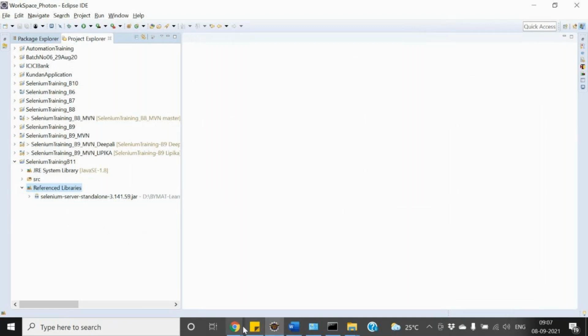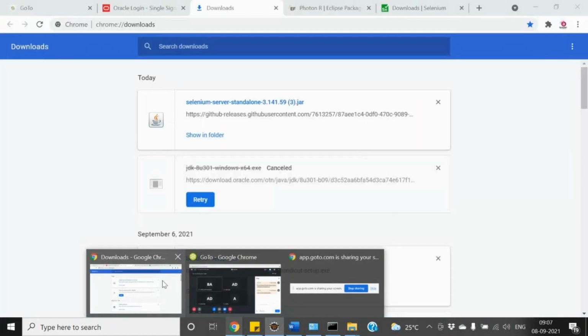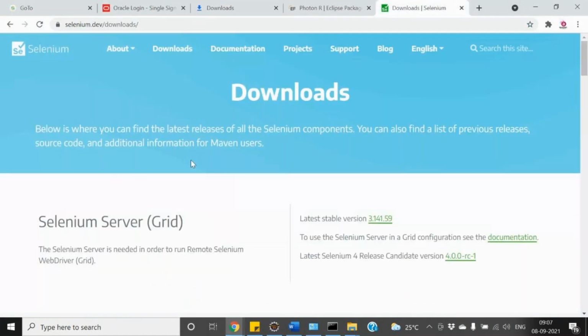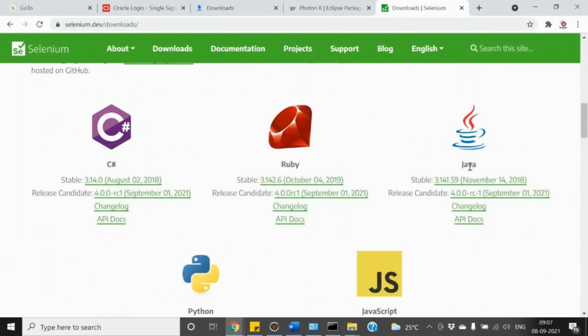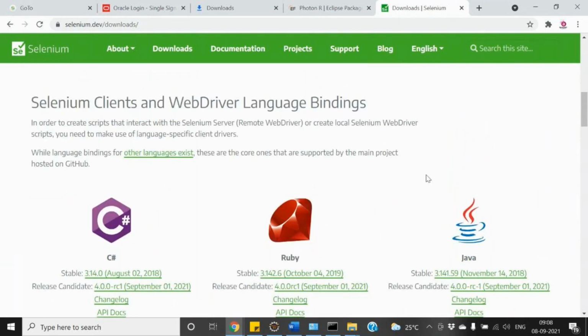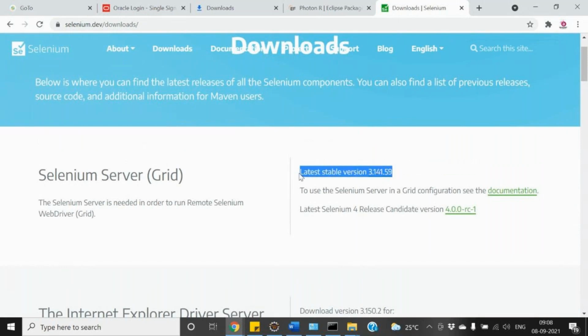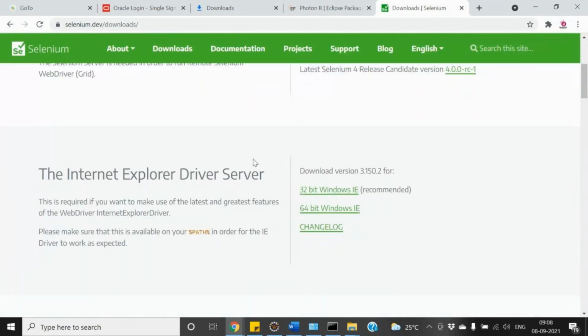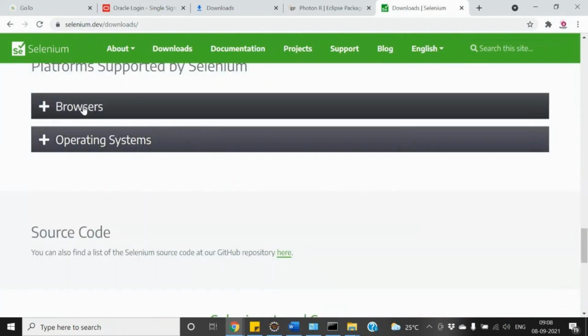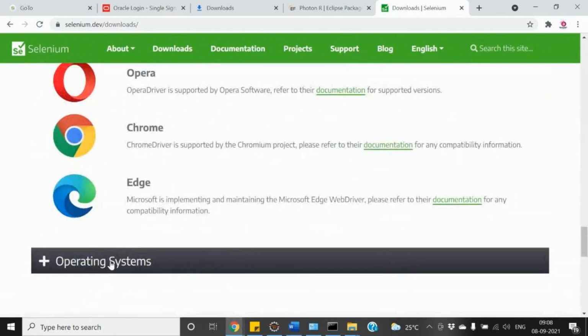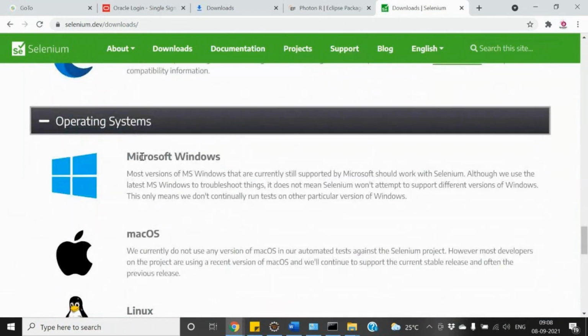And what I need next is the browser. If you look, I got this jar file. Then I got the language, so I did install Java, and I have this Java language installed and configured in my machine. Second thing, I got this jar file to work with it. And the third thing which I need is the internet, the browser. I already have the OS, so I don't need to download and install it. I already have this Windows OS.